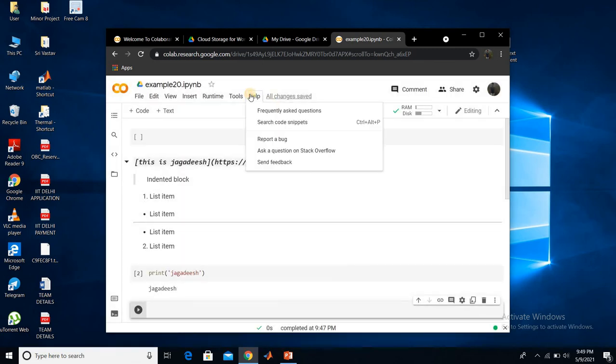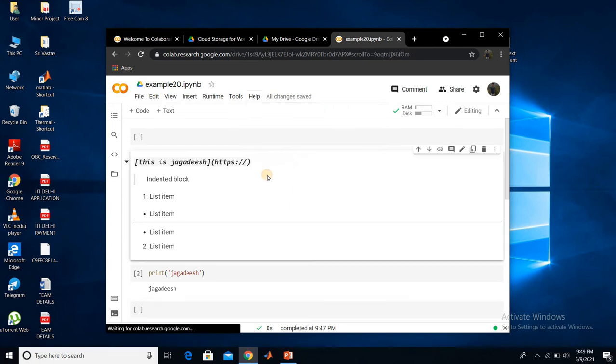And if you have any queries, we can send feedback here also. They can definitely solve your problem as much as possible. So this is the process of how we can write code, either using text or using code cells, whatever the code may be, using this Google Colaboratory software. It is designed for writing Python, for writing deep learning based neural network code using the Python language. Why are they choosing this Python language?